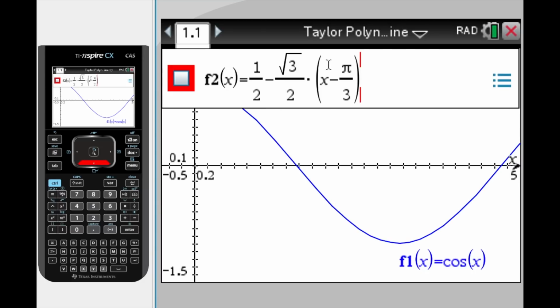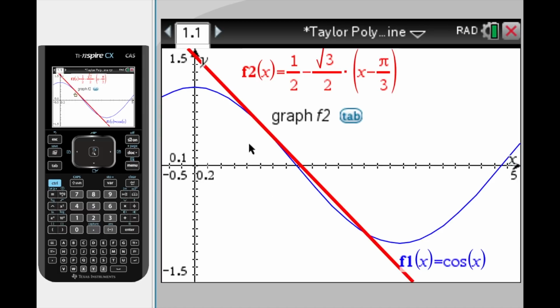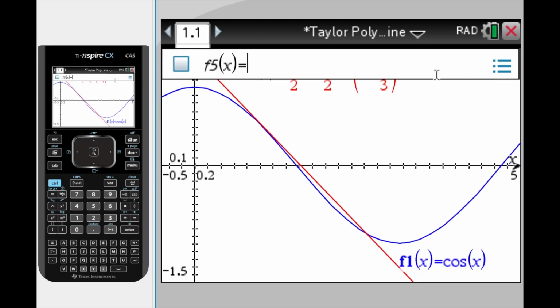And this is the first degree Taylor polynomial centered around pi over 3. If we display that, we see that we have a linear function and it is touching, intersecting the cosine at the center of that Taylor polynomial, at pi over 3. And it's not a bad approximation. Clearly it's a secant line. If we take this off though and show the